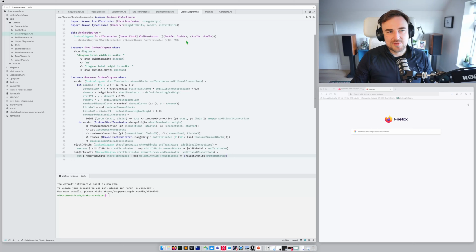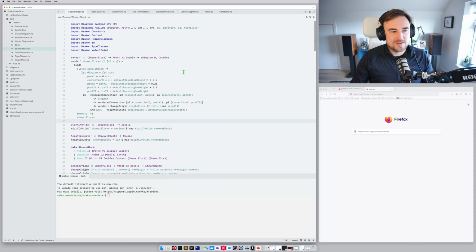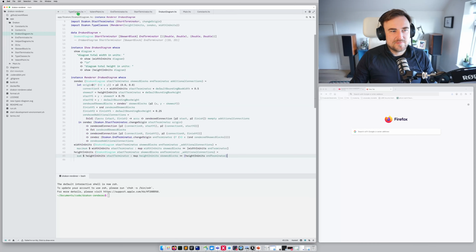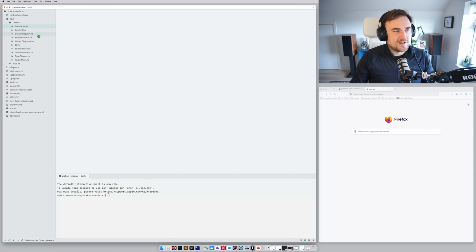from a data structure. So at the moment, this drakon diagram data structure is not doing me any favors when it comes to searching for a skewer block by ID, simply because it looks deceivingly simple, but let's not forget it's really a tree, because a skewer block can contain its own skewer blocks if it's a fork. So I think what would make sense is to close it all down and